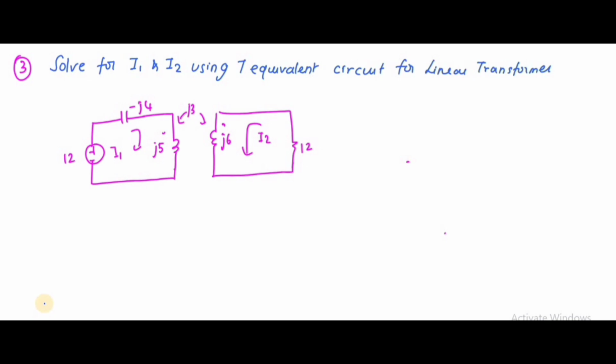In this video, we are going to discuss linear transformers, a problem on linear transformers. The given problem is to solve for I1 and I2 using the T equivalent circuit for a linear transformer. So this is the given circuit. You can see this is how the transformer looks, and you have to